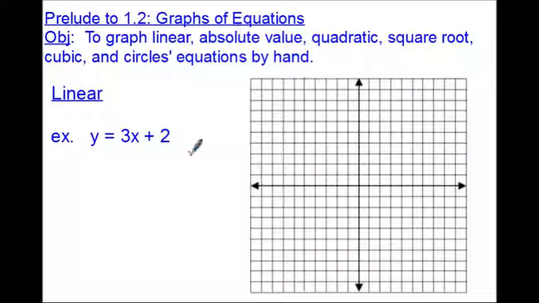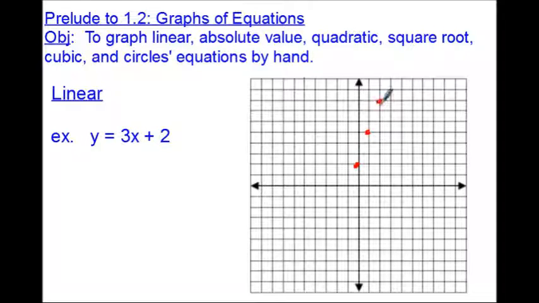2. That's our standard mx plus b sort of setup. And so of course we look at the 2 first of all, plot that as our y-intercept or our b value. And then of course thinking of that as a 3 over 1, if you like to think of it that way, whatever works for you. Count up 3 over 1, make your next point, up 3 over 1,